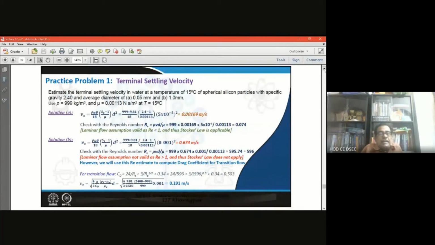Sedimentation tank, as we are discussing for the water treatment design, and you know that design is basically on certain numerical problems. Whenever you are going for systematic design of the system, that means you are solving some problems in design. So we will serially solve some problems on the sedimentation tank.